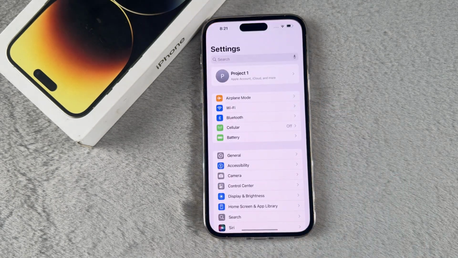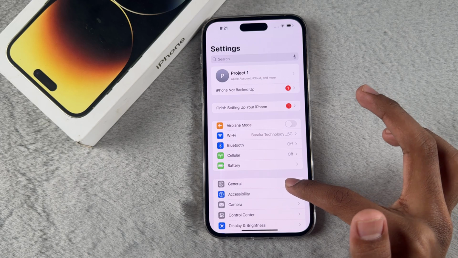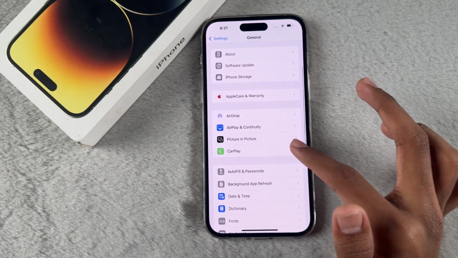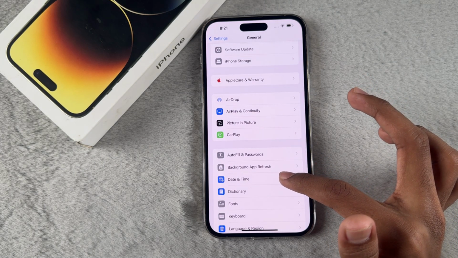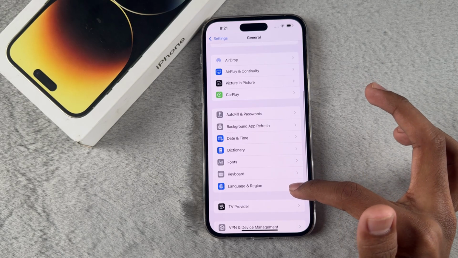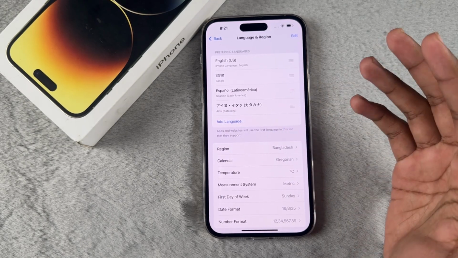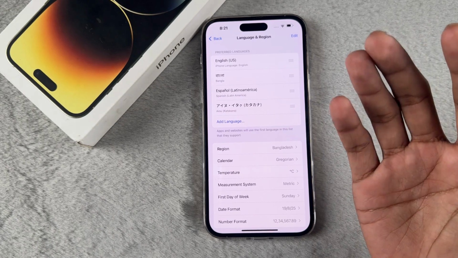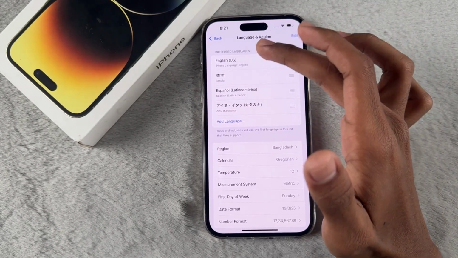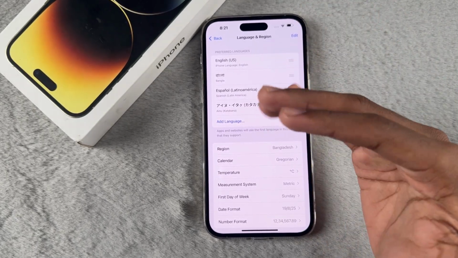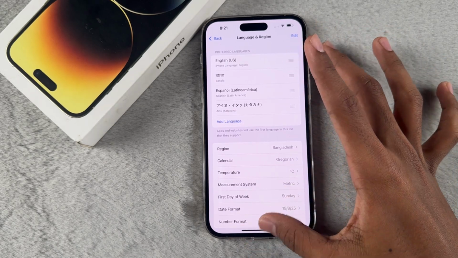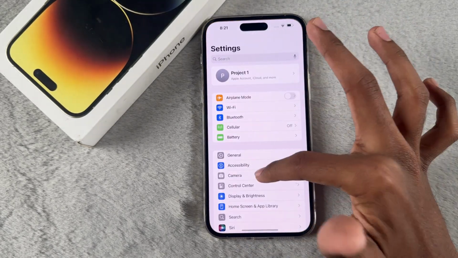Go to the settings on your phone, tap the general option, then scroll down and find the language and region option. Tap on it and select a different version, for example, UK English. You can select, there's a US English. Wait a few seconds, then go back to the general and the language option